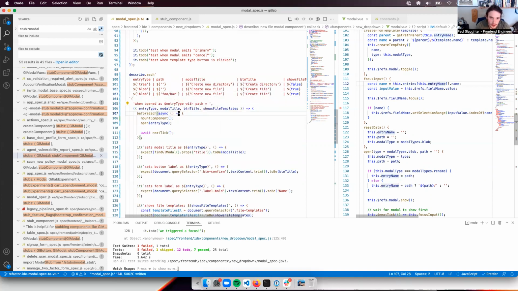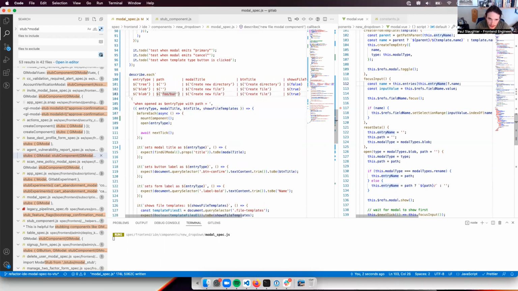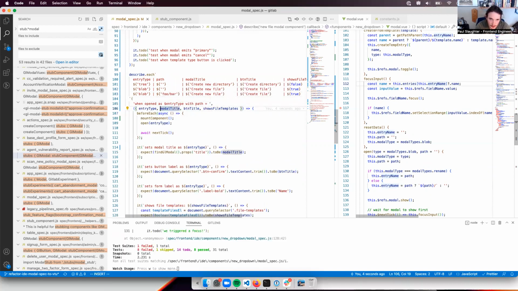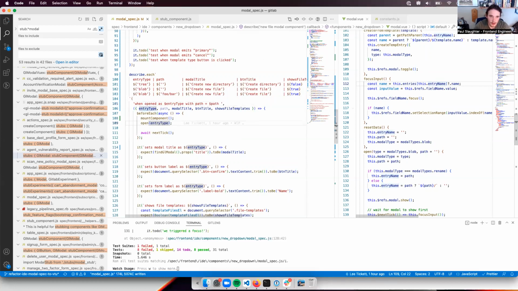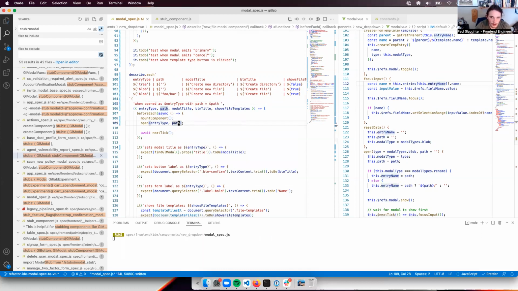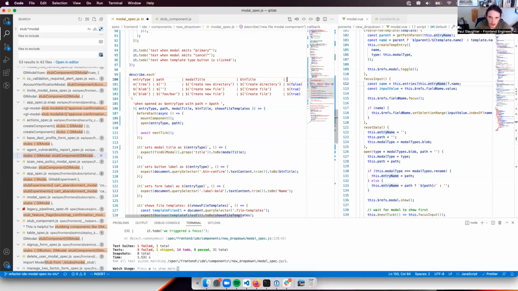So we'll say when we do that, foo bar with the path here, open as with path has, and what we'll call here is